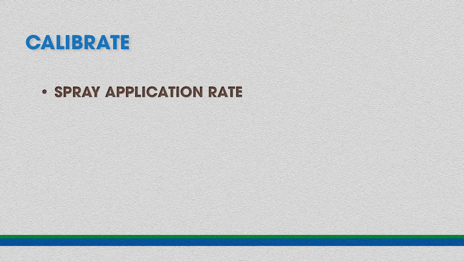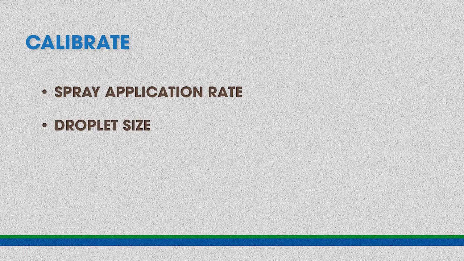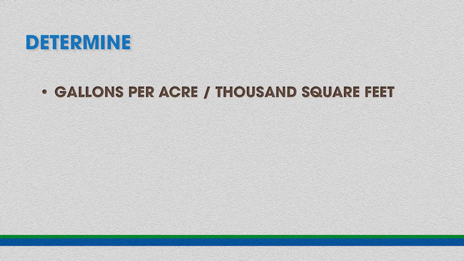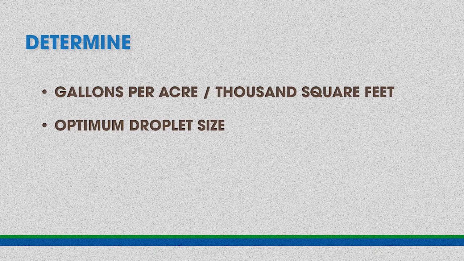Selecting the proper nozzle for your application is critical to achieving the correct droplet size that you need. The process where we select the nozzle we're going to use is the calibration process, and when we carry out calibration, we want to keep in mind we should be calibrating for both the spray application rate, measured in either gallons per acre or gallons per 1,000 square feet, as well as the droplet size. Now, both of these things will be taken from the pesticide label. You'll determine how many gallons per acre or 1,000 square feet you want to apply and what the optimum droplet size spectra is for the application you're making.